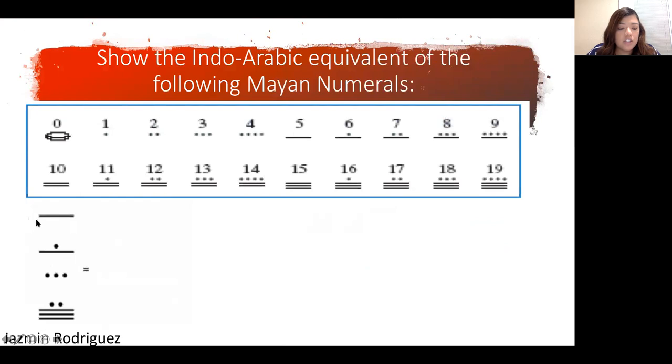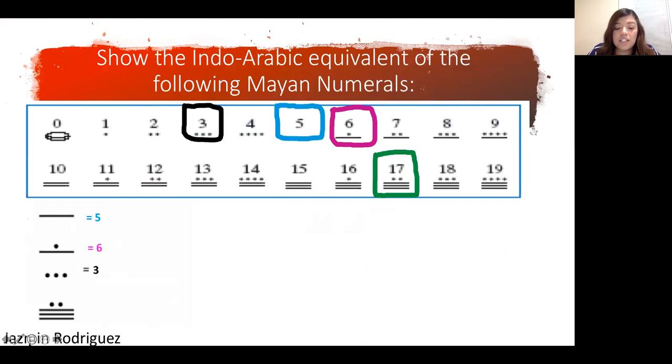So our very first symbol here, we see matches to 5. And then we go ahead and look at our next symbol and find it on our chart, and we can see that that represents 6. And then our next symbol, we'll see that represents 3. And then for our next one, we see that it represents 17. So once we've already calculated all of them, we'll go ahead and